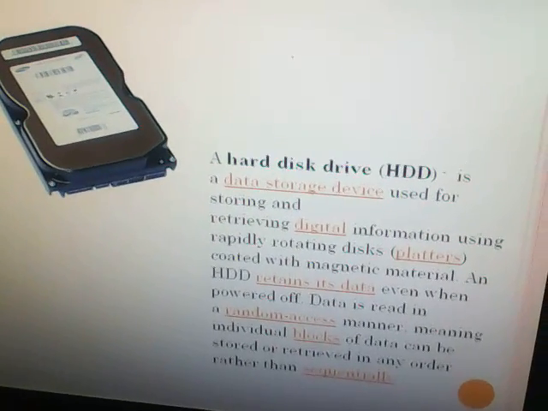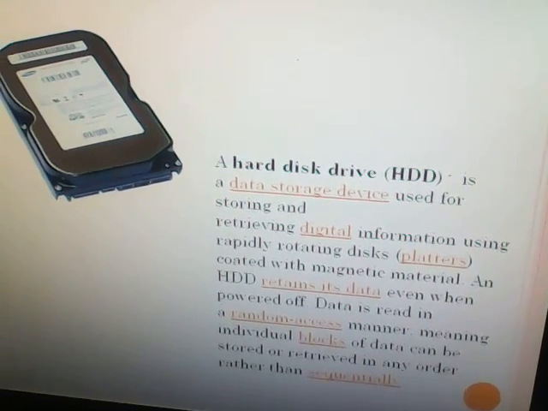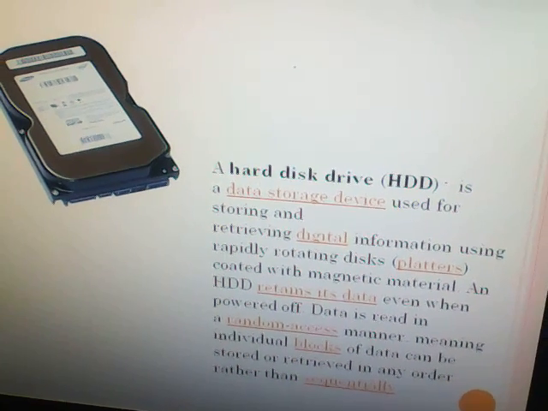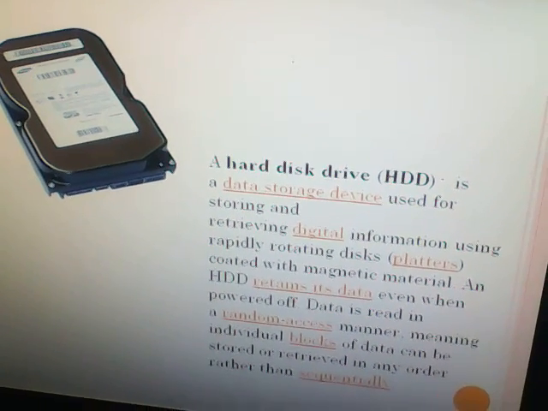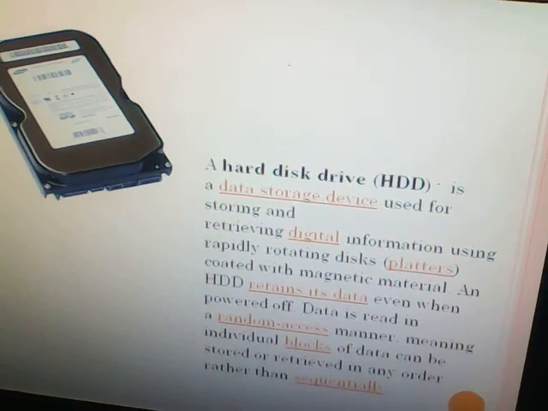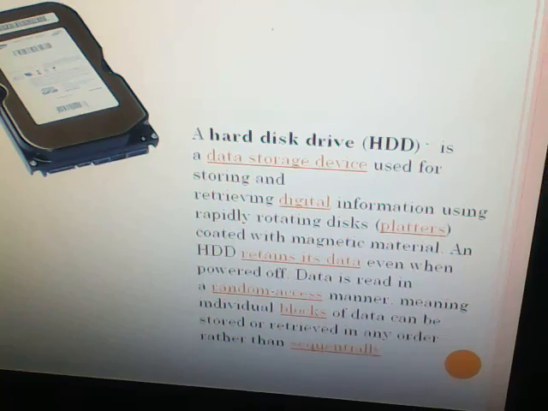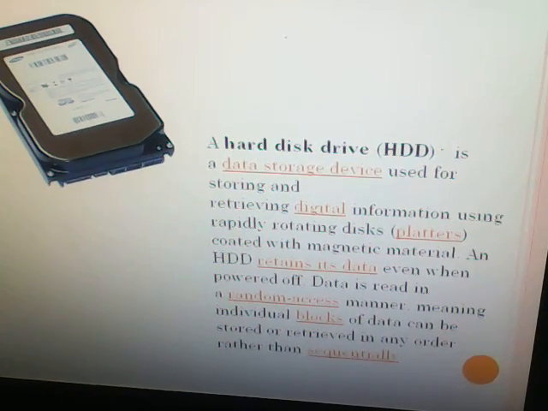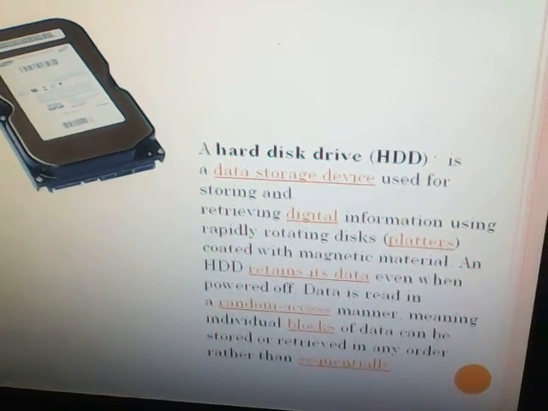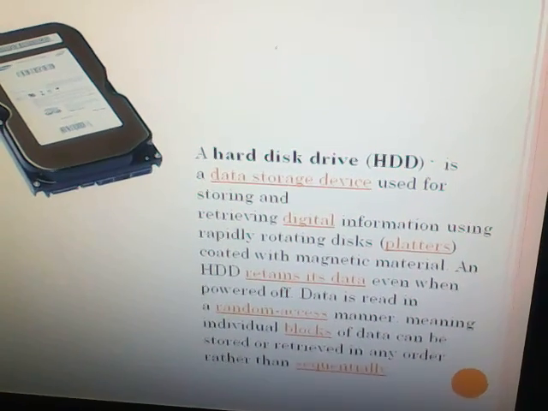Hard disk. A hard disk drive is a data storage device used for storing and retrieving digital information using rapidly rotating disks coated with magnetic material. An HDD retains its data even when powered off. Data is read in a random access manner, meaning individual blocks of data can be stored or retrieved in any